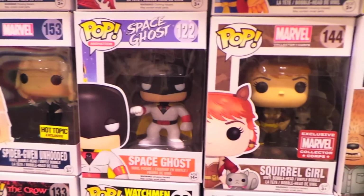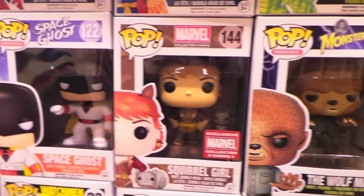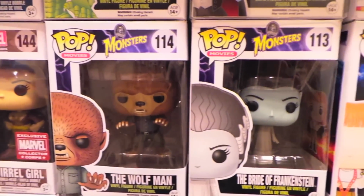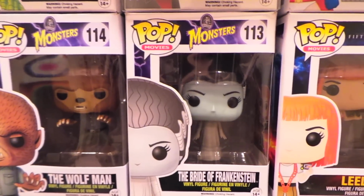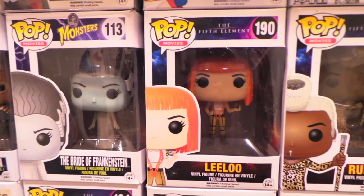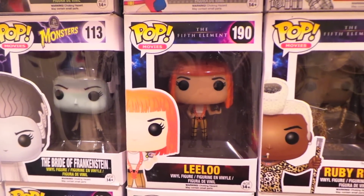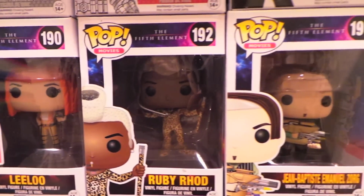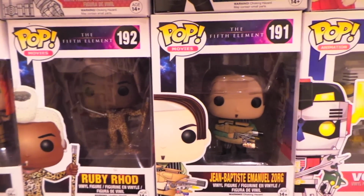Space Ghost, Squirrel Girl from Marvel Collector Corps, the Wolfman, the Bride of Frankenstein. That's one of my favorites. I really want to get the glow-in-the-dark one, but I'm not going to pay for it. So I got some Fifth Element Pops now. Leeloo, Ruby Rhod, Jean-Baptiste Emmanuel Zorg,